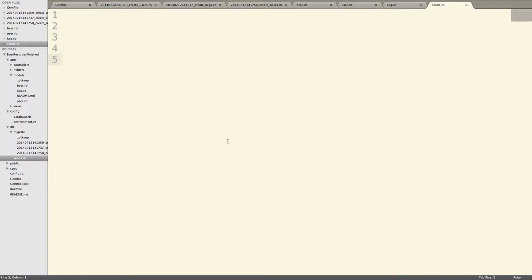So if we want to make a user, have you ever used find or create by? Yeah, isn't it great? So you just do user. You could do user.create, but if you have a validation like, oh, you can only have one user with this name, then it's just not going to do anything and you won't necessarily know. But you could do find or create by